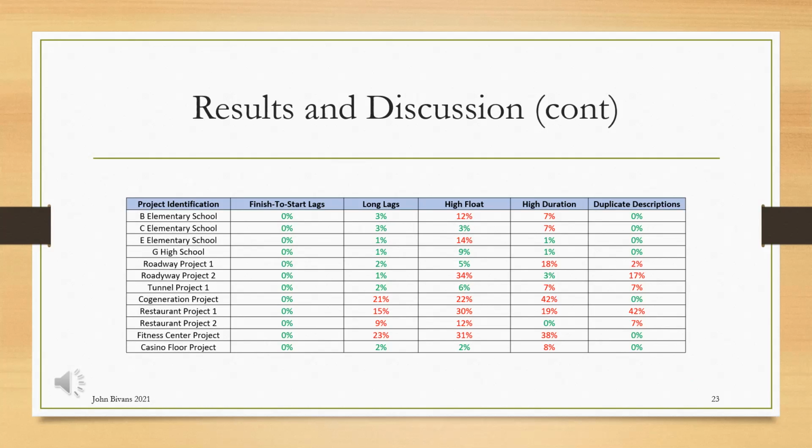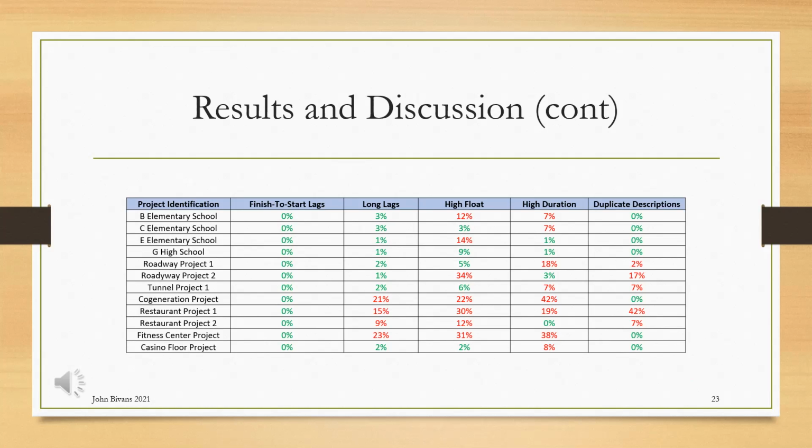In reference to project density, of the 4 projects that failed to meet the long lags metric threshold, all 4 projects had a project density below 150 activities. This is a good indication that as project density decreases, the impact of long lags on the success of a